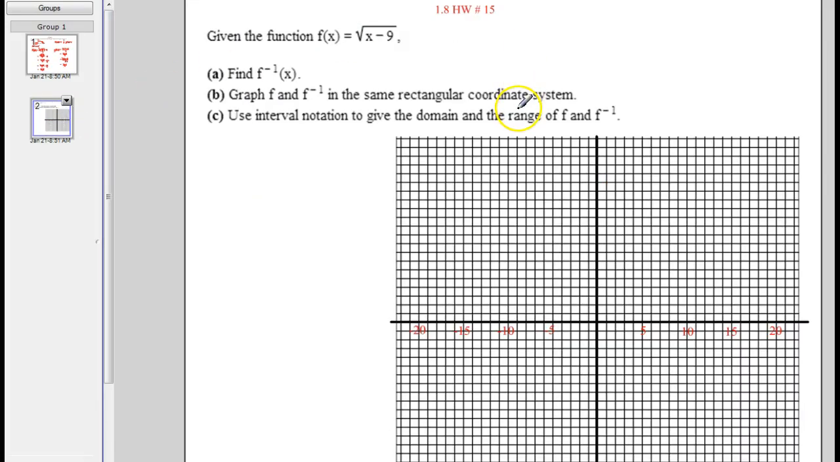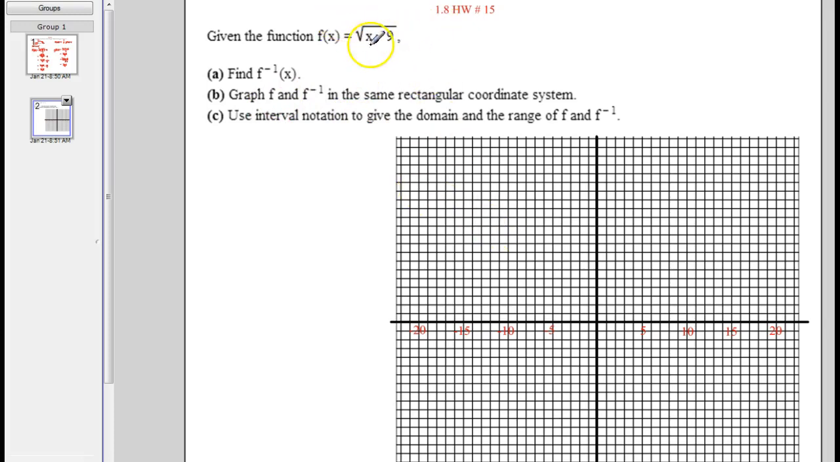Alright, and then this is question number 15 from the homework. So we're given this function, the square root of x minus 9, and we're supposed to graph both of these in the same rectangular coordinate system for part B. So I'm going to go ahead and graph this. Now if you remember,